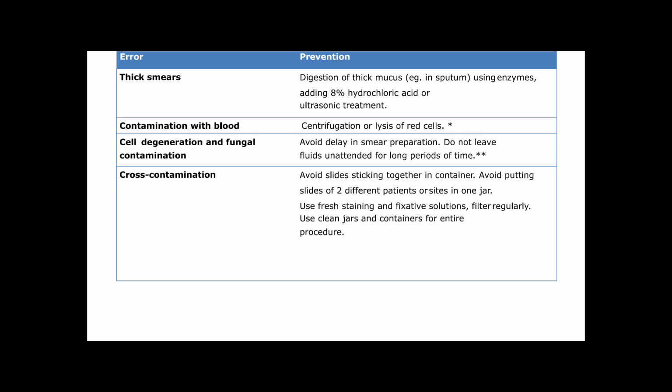Acetic acid or Carnoy's fixative or saponin or streptolysin can be used to lyse the red blood cells, but it is better to separate off the blood by careful centrifugation, as it causes less problem with staining and